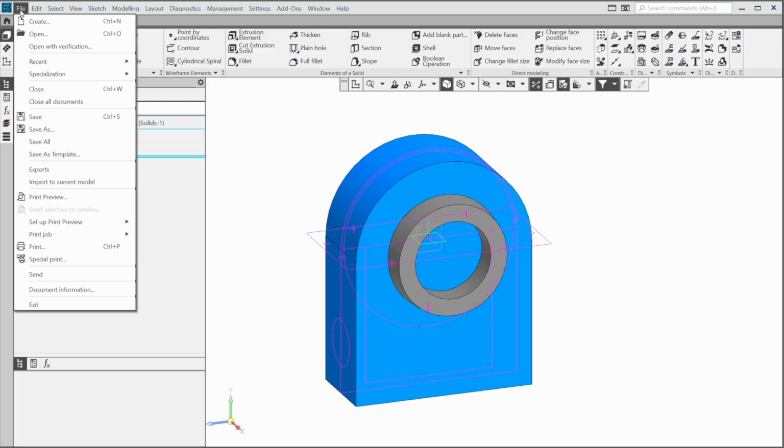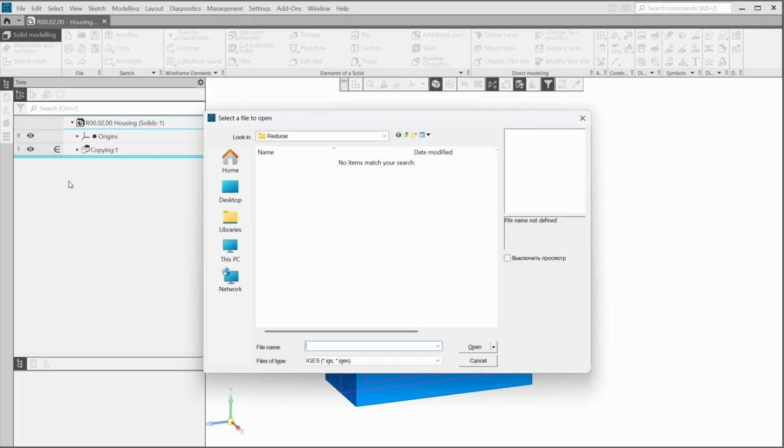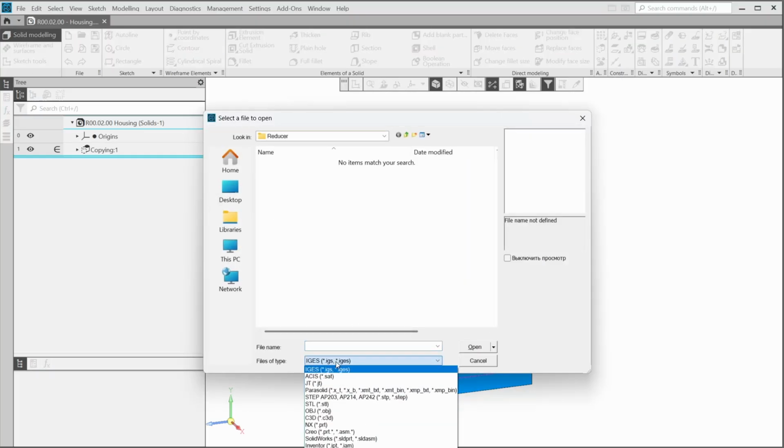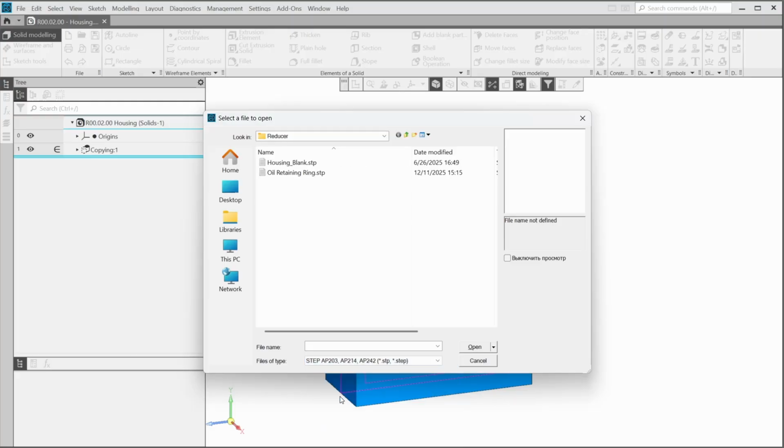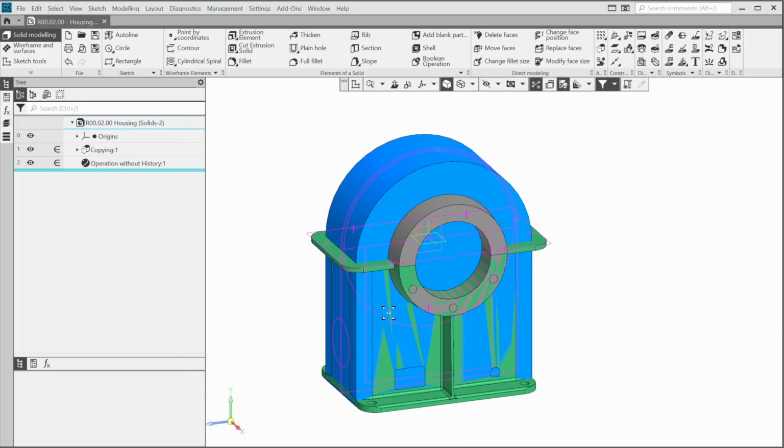Go to File, Import to Current Model. It's a new command that allows you to insert models saved in Exchange and proprietary formats into your assembly. Select the step format. Open Housing Blank STP. The first thing we need to do after importing from another CAD system is to check